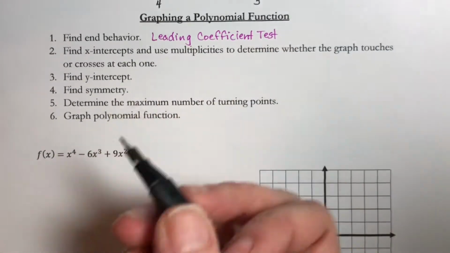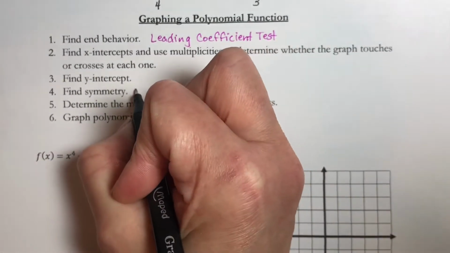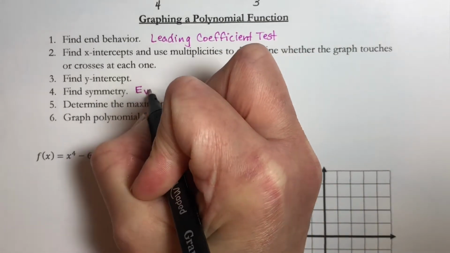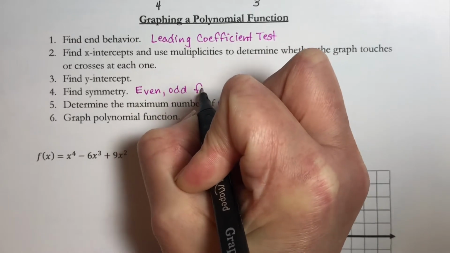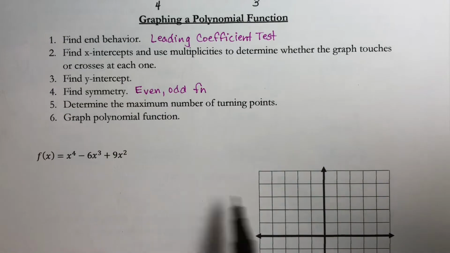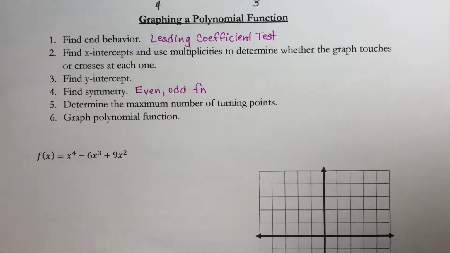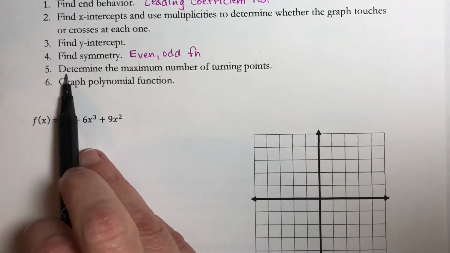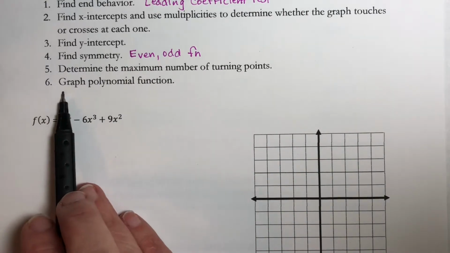Now, what this means is you need to remember from the last chapter, we want to know whether we have an even function or an odd function or neither. And remember, even function means that we have symmetry about the y-axis, and odd functions mean that we have origin symmetry. Okay, we're going to determine the maximum number of turning points, and then we're going to graph what we